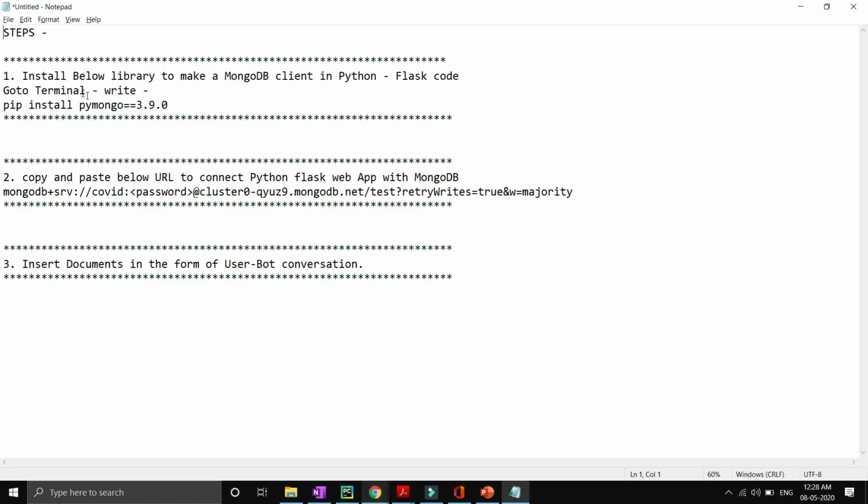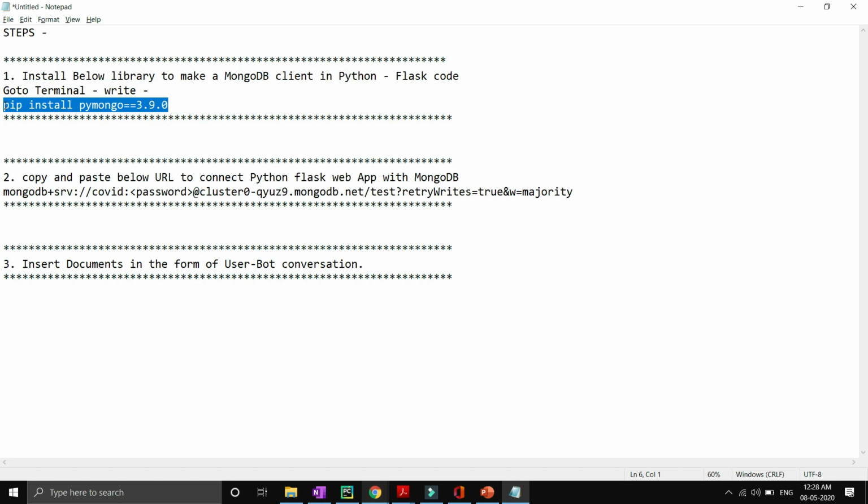So you can see over here that there are 3 steps now to integrate our MongoDB with our Python and Flask code. So first of all, you have to go to your terminal and you have to install the PyMongo library. So you have to write the command pip install pymongo==3.9.0, because I have installed it with the latest 3.10 version, but it won't work for me anyhow. So I'm giving the workaround for it.